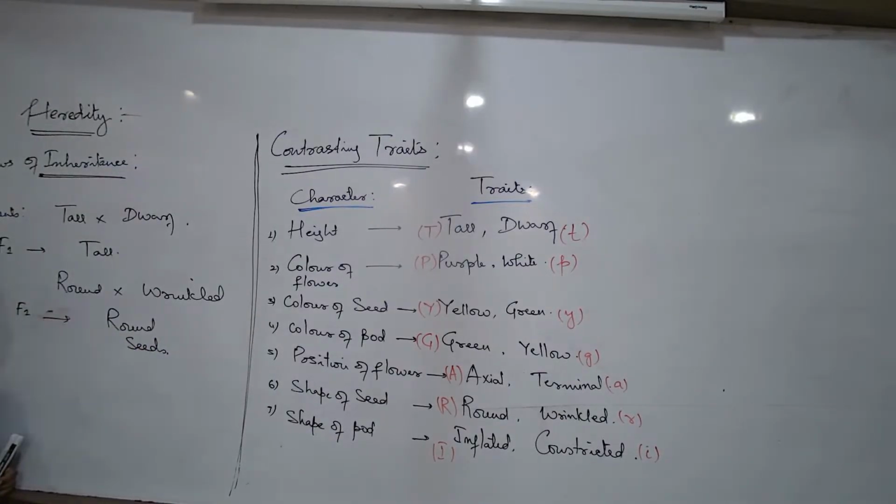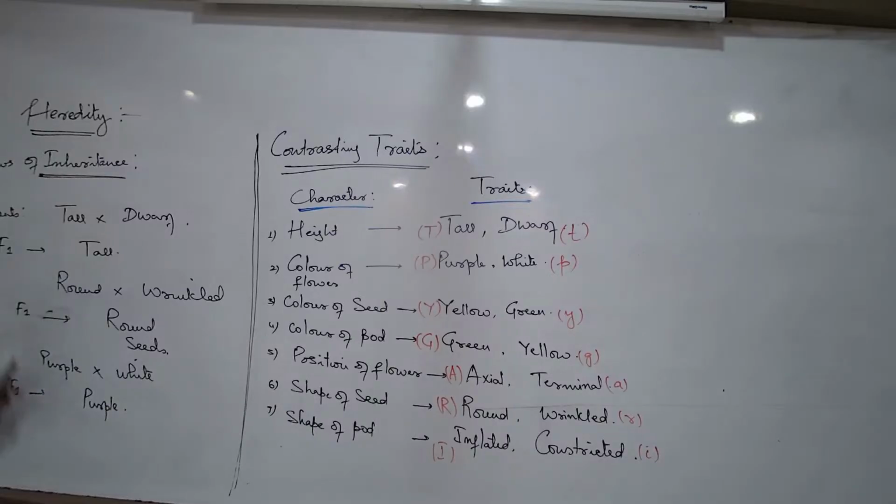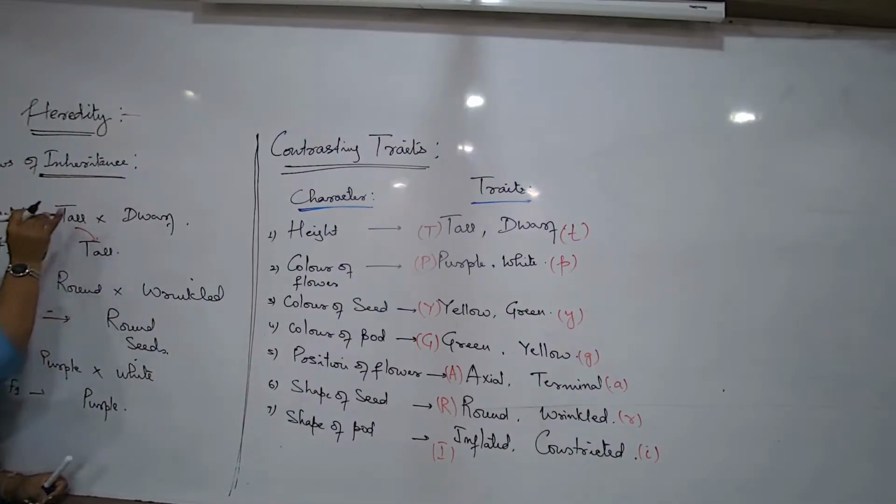The first generation plants all had round seeds, not even a single plant with wrinkled seeds. First generation plants were all tall, not even a single plant dwarf. Then again he did experiments with some plants with purple flowers and white flowers, and he observed first generation plants all with purple flowers, not a single plant with white flowers. So after so many such experiments, he was very much convinced that the factors of this parent plant,